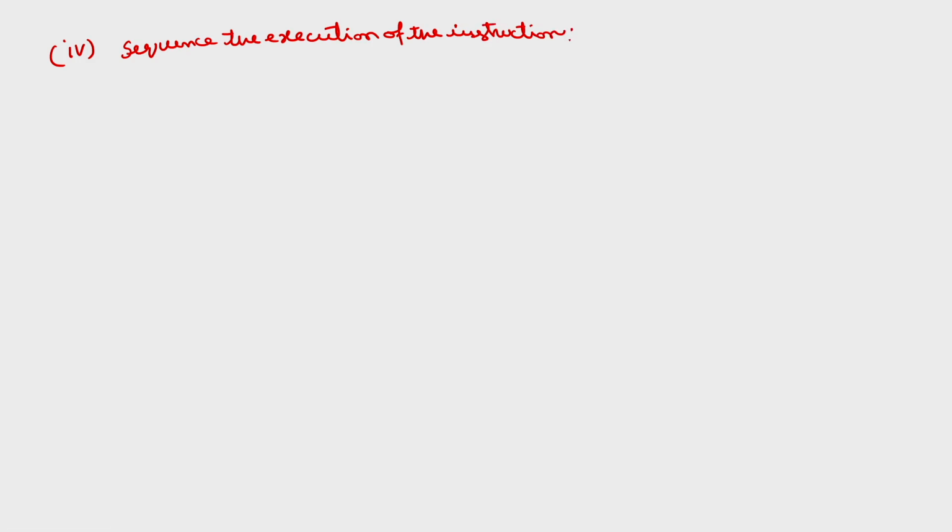After a particular instruction is executed, which instruction is to be executed next. So, in order to sequence the execution of the instruction, the hardware component that is required by the microprocessor is called instruction pointer. Instruction pointer is used for sequencing the execution of the instruction. So, this is called the instruction pointer in 8086, whereas in 8085 this is called the program counter. The same purpose, but the name is program counter.